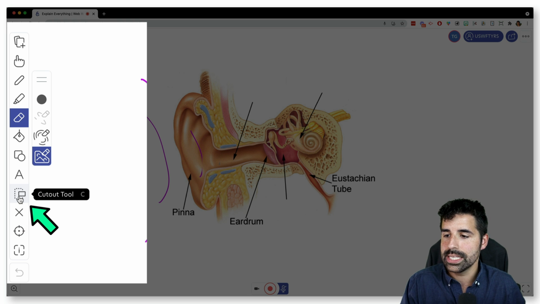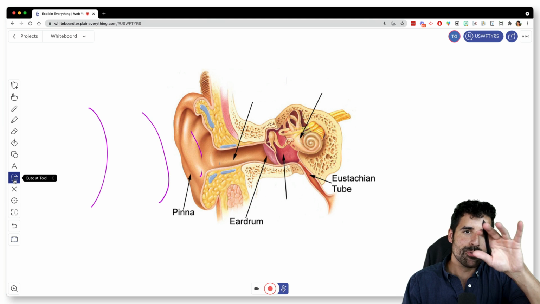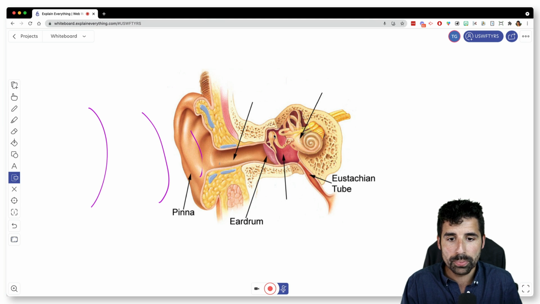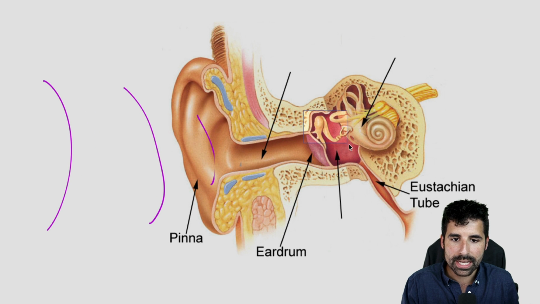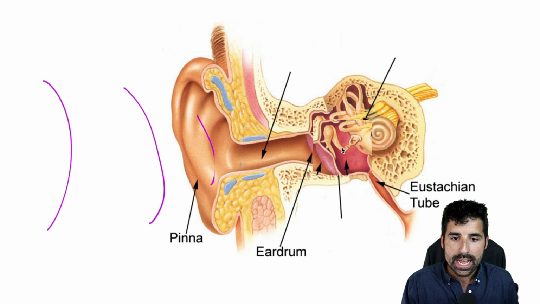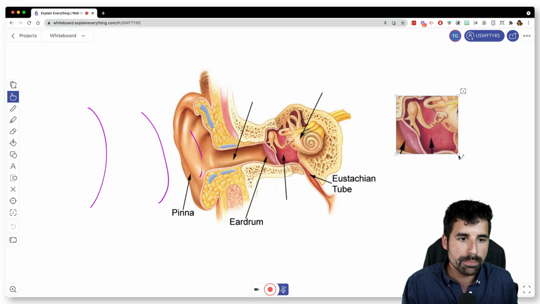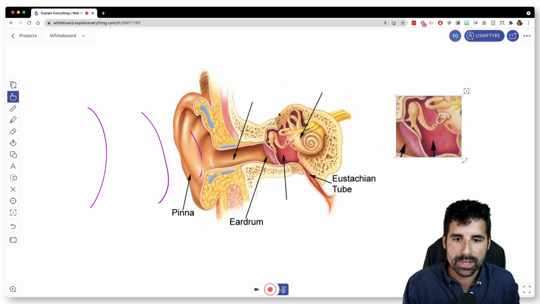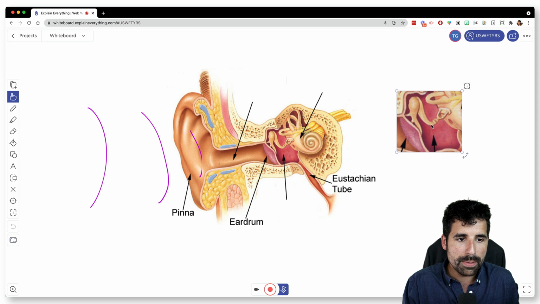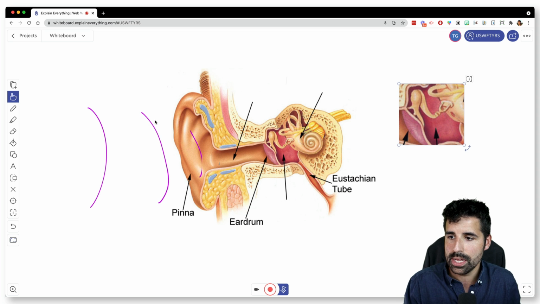Another unique feature is the cutout tool. It does not actually erase or cut out something, but it duplicates a portion of your screen. So maybe I want to duplicate this. I've got the cutout tool selected and I'm clicking and dragging right here. And I want to take this little section and annotate it and talk about a few things about it that I don't want to clutter up the original image with. So maybe I pull out this cutout from here and I want students to know where this came from.